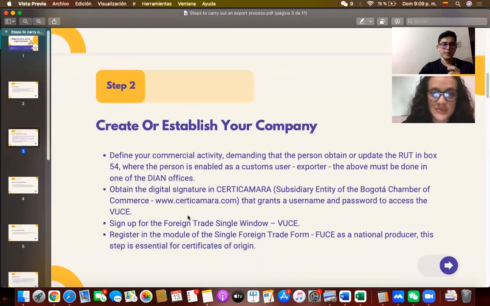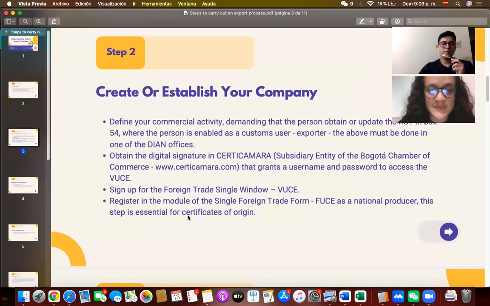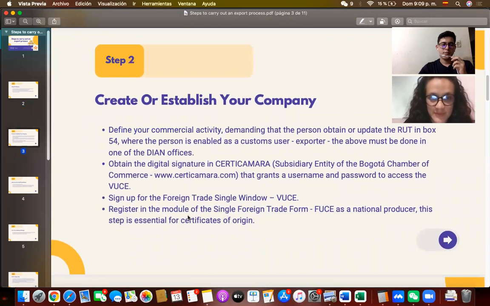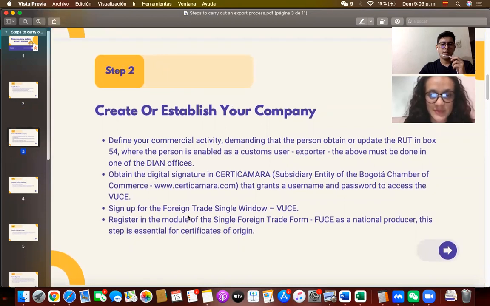Okay, so in step 2, we have to create or establish your company. So we have to define the commercial activity by demanding that the person obtain or update the RUT, in box 54, where the person is enabled as a customer user exporter. The above must be done in one of the DIAN offices. So in the second part, we must obtain the digital signature in Certicamara, which is the